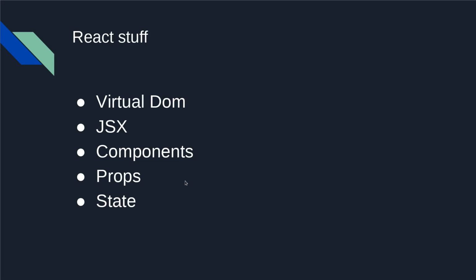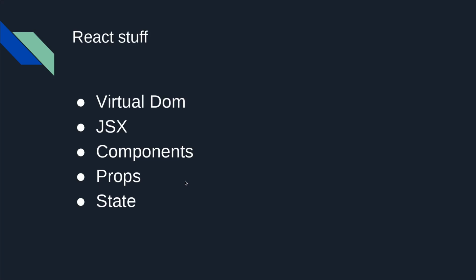So we need to know how React handles the JavaScript DOM, and what a virtual DOM is. React uses a virtual DOM. So what's a virtual DOM? It's just a replica of your DOM that React keeps track of and updates. It updates the virtual DOM, which updates the actual DOM.